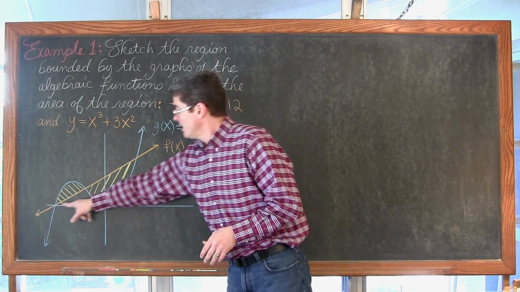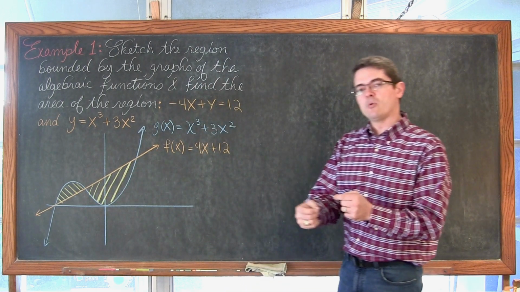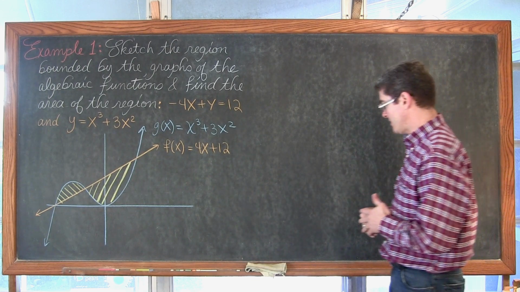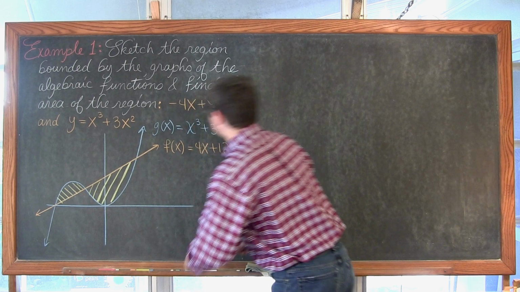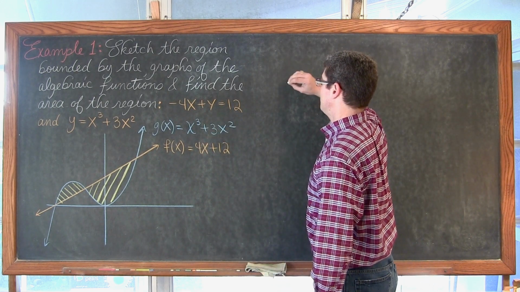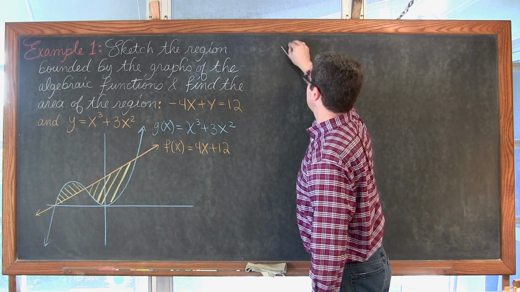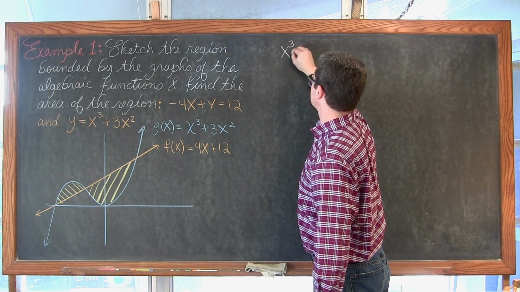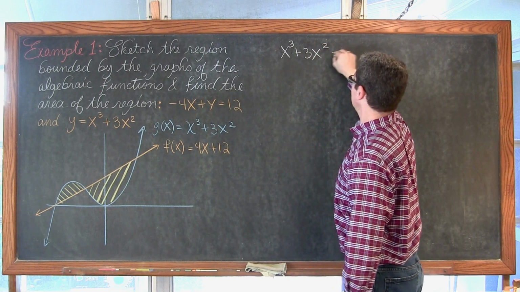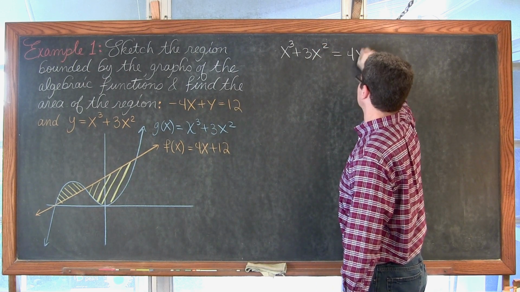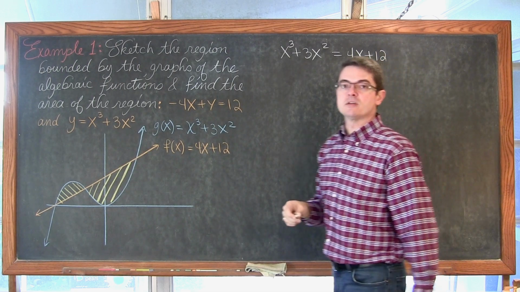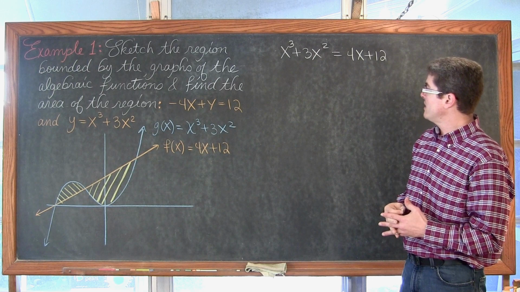So we're going to find these intersection points and then allow the x-coordinates of those to set up the lower and upper limits of our definite integrals. So, grab some chalk here. We're going to set these equations equal to each other and find those intercepts. Now again, I'm trying to make some problems that I can relatively easily do on camera, so this will be solvable without the aid of a calculator, and not stumble too much around trying to get this done for our example in our video.